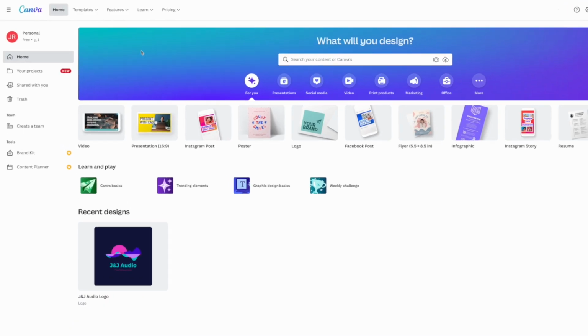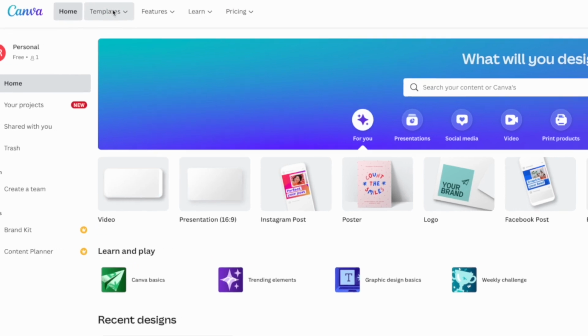Once you have that blank design in front of you, that can feel a little daunting. So that's where templates are going to come into play. Now you can design from scratch, but if you're like most of us, using a template is going to be really handy. So what you're going to want to do is in the template area, you can search for different types of templates.